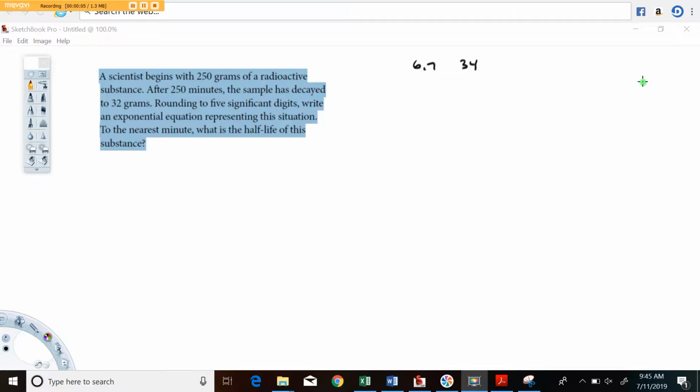Making this video here to go through an example of how exponential decay or growth works. This is number 34 in section 6.7 in the OpenStax College Algebra text. It says, a scientist begins with 250 grams of a radioactive substance. After 250 minutes, the sample has decayed to 32 grams. Rounding to 5 sig figs, write an exponential equation representing this situation. To the nearest minute, what is the half-life of this substance? So, right,